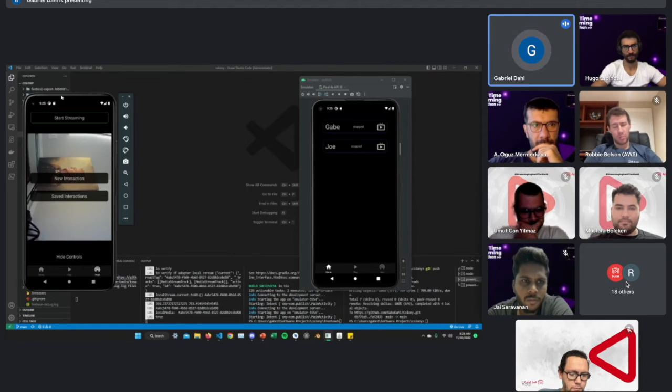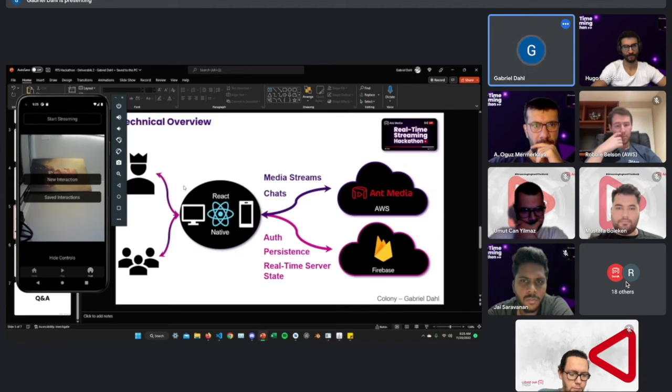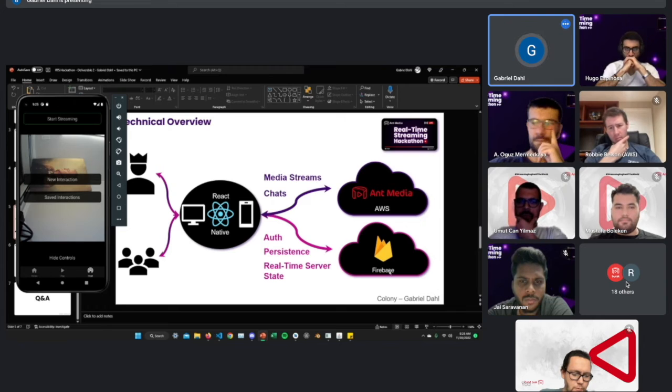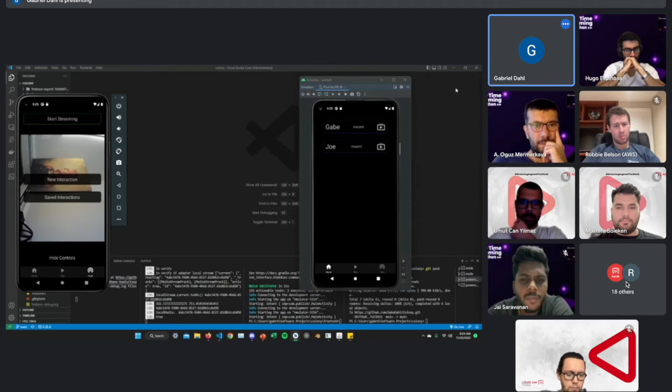Before that, I should mention the overall architecture. It's a React Native application. The Ant Media server is hosted in AWS, and that handles media streams and chats. But the authentication, persistence, and real-time service state are all handled by Firebase for now, just because of the hackathon, it's very simple to get set up. Anyways,